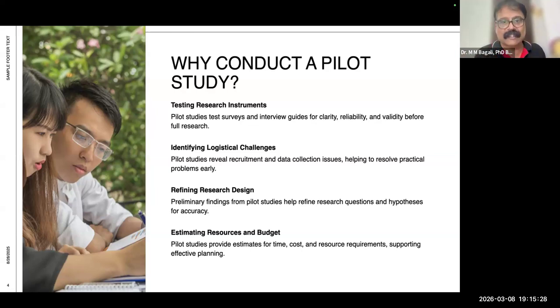So testing your research instrument and identifying logistical challenges. Obviously, a pilot study reveals the recruitment and data collection issues, helping to resolve practical problems. It could be in terms of interaction, time management, cost management, logistic arrangements, because you have to take appointments. People are busy in their work and assignments. If it is only 30 minutes, in 30 minutes can I get the maximum responses, maximum outcome, and maximum replies